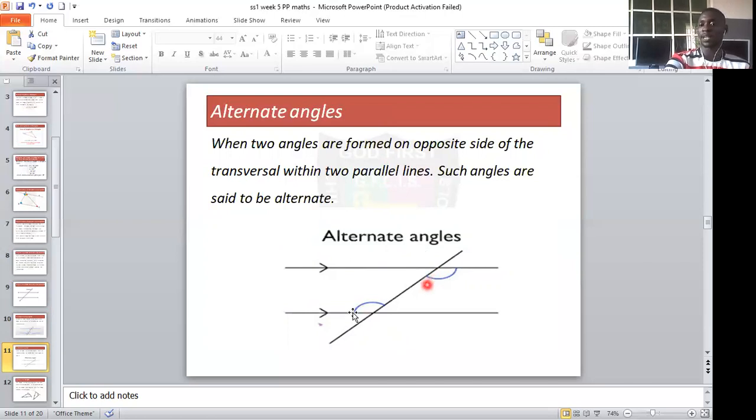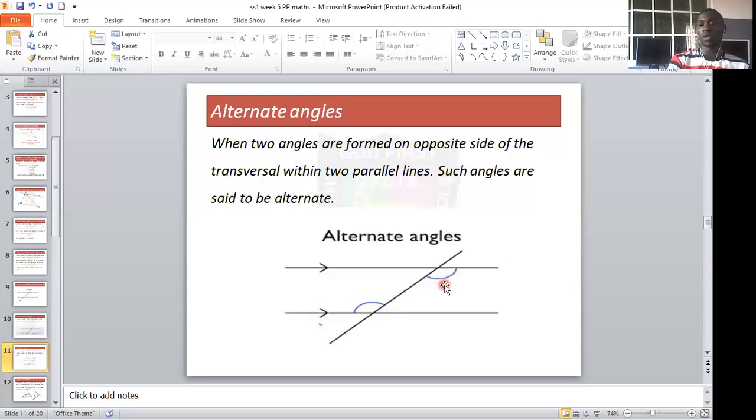This is an angle formed at the top of the transversal with the parallel line, and this angle is formed at the bottom with the transversal and the parallel line. So look at this angle. They are opposite to one another. These are called alternate angles. They are formed on the opposite sides of the transversal line between the parallels. So this angle here, if you label this one A, this one is the same as A. They are called